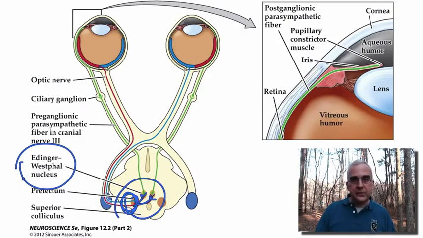It sits just dorsal and slightly lateral to our somatic motor nucleus, our ocular motor nucleus. And it's in this Edinger-Westphal nucleus that we have the preganglionic neurons that grow axons out through the third cranial nerve. So here in green is the Edinger-Westphal nucleus, and it's growing an axon out through the third nerve, which makes a synapse on a postganglionic neuron in the ciliary ganglion, and then that neuron grows its axons